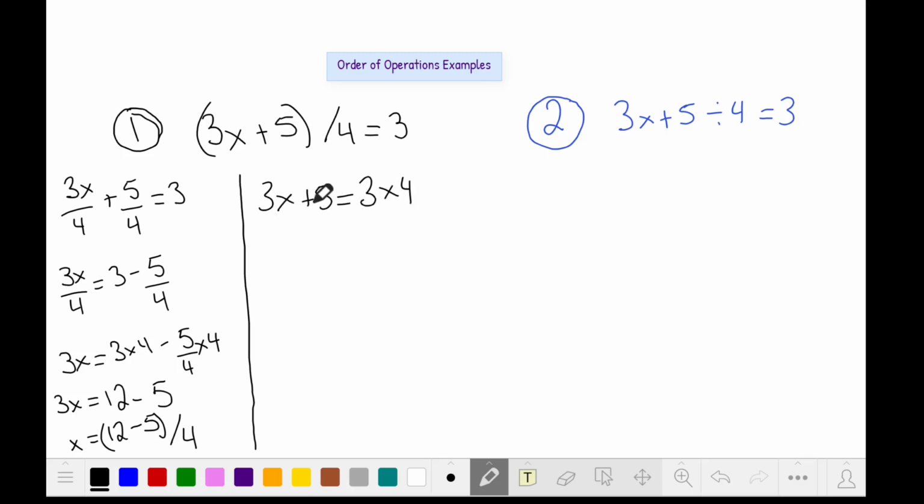Now I see that the 5 is being added to the 3x, so I subtract 5 from both sides. And then finally, x is being multiplied by the 3 because it's 3x, 3 times x, so we get rid of multiplications with divisions. And look at that, 3 steps versus 5 steps. So the left-hand side was almost double the work of the right-hand side. So by choosing selectively how we go about solving the equation, we can save ourselves quite a bit